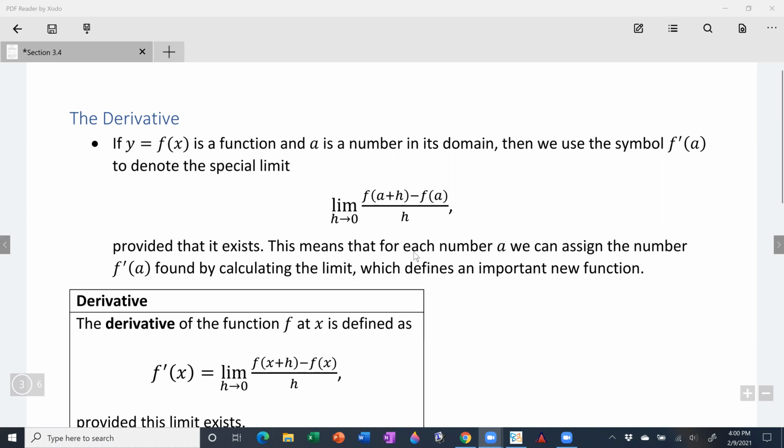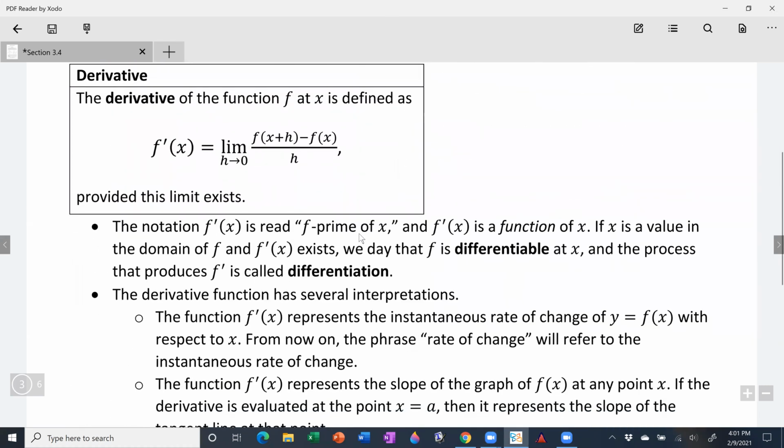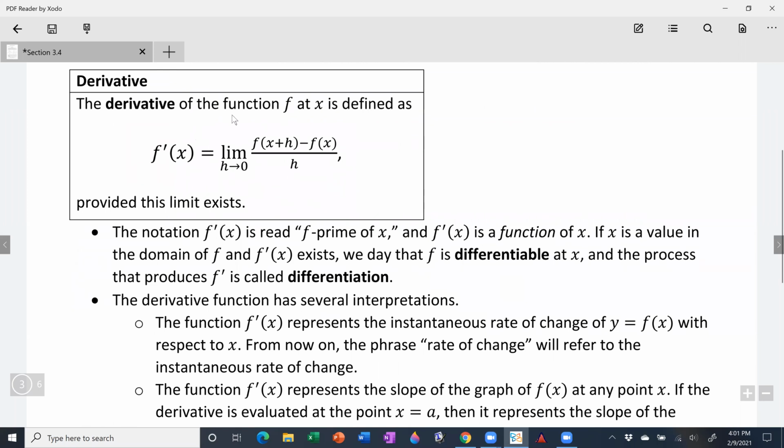So this means that for each number a in its domain, we can assign the special number f prime of a found by calculating that limit. And with so many different a values to choose from, this actually is going to define an important new function where you can have all kinds of different input values. And that function is the derivative. So the derivative of the function f at x, so any value x in its domain, is defined as f prime of x equals